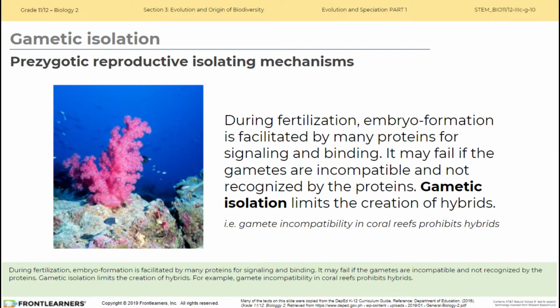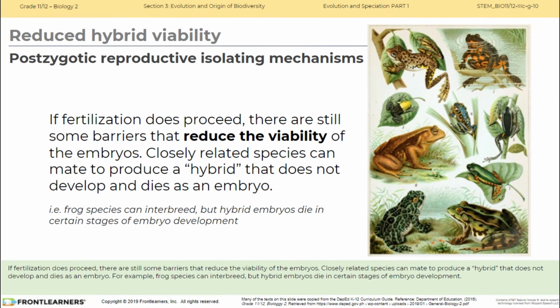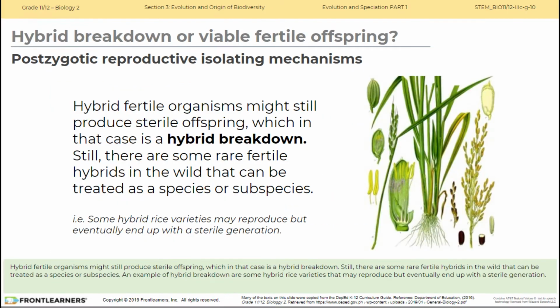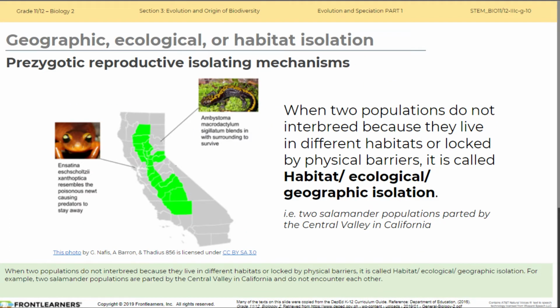We have 3 isolating mechanisms naman sa postzygotic barrier. So these are reduced hybrid viability, reduced hybrid fertility or hybrid sterility, hybrid breakdown, or viable fertile offspring. Now let us proceed to prezygotic reproductive isolating mechanism,